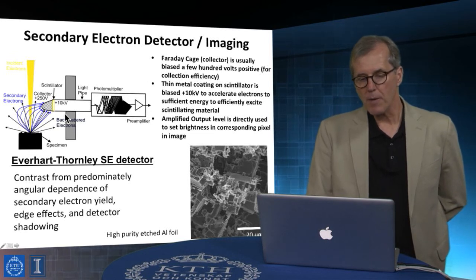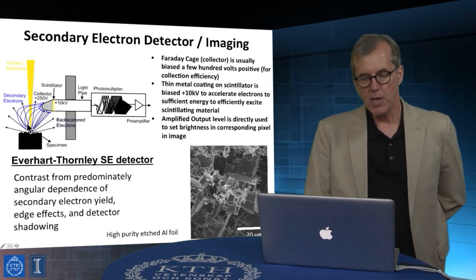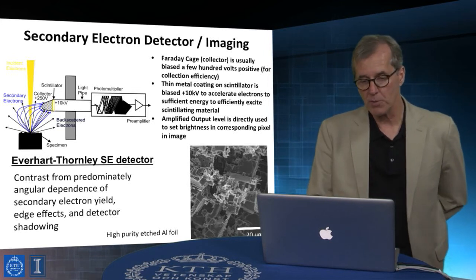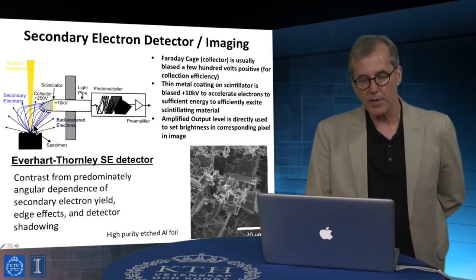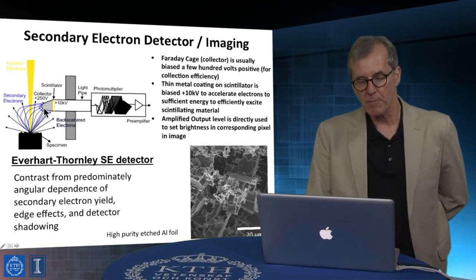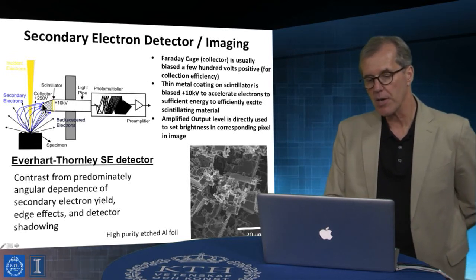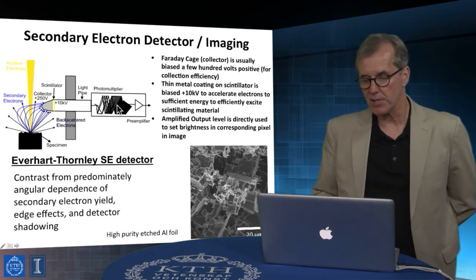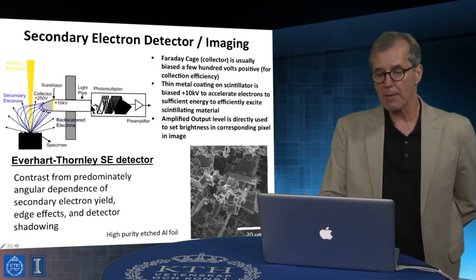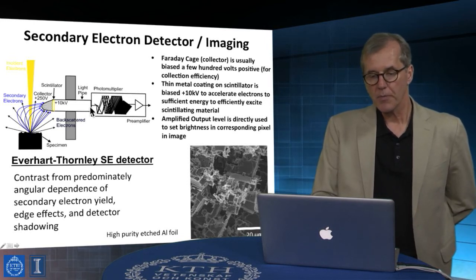And the other part about this is that this is a high field that's present to grab electrons and drag them in. And you notice that the trajectories of the secondary electrons are drastically altered by this. But because the backscattered electrons are relatively higher energy, fewer of them, other than ones coming from direct line of sight trajectories, make it to this detector and are successfully detected. Because part of what happens is that electrons are pulled in, and at the back plane of this detector, they enter where they strike a